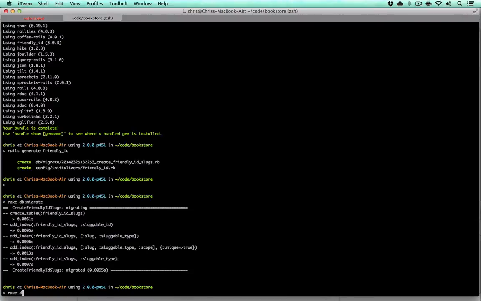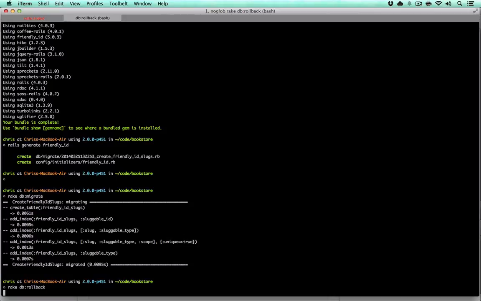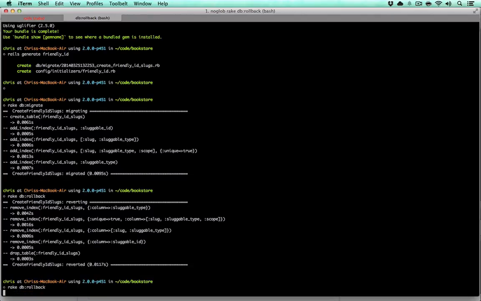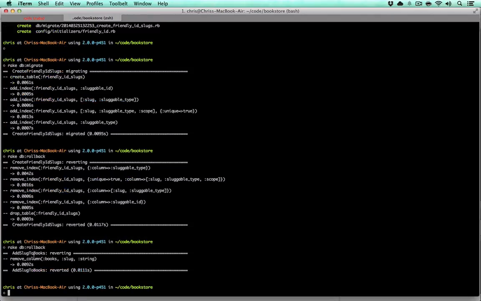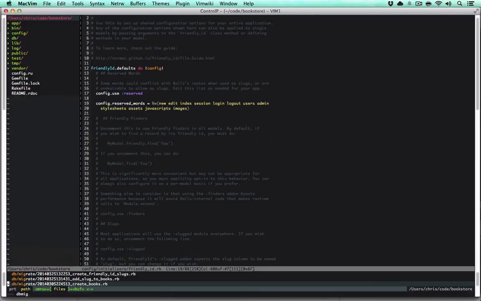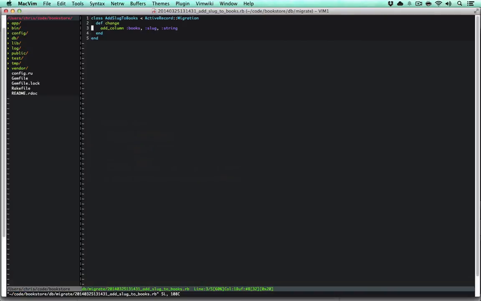So first we want to roll back twice, because first we're going to get rid of the friendly ID slugs, and then we want to roll back again to remove the slug from the books model. So when we jump into our db migrate add slug to books, rather than having generated it like we did before, we also want to add in,